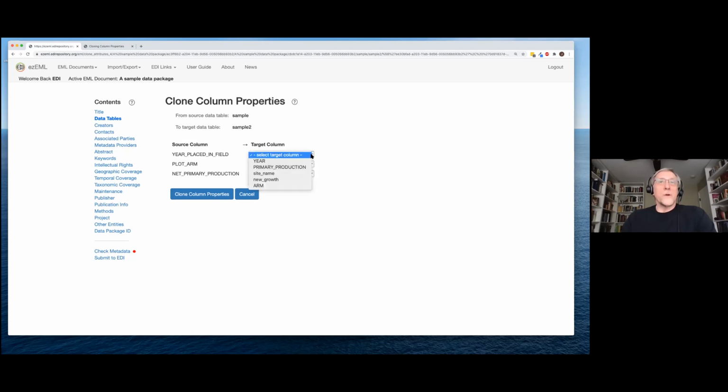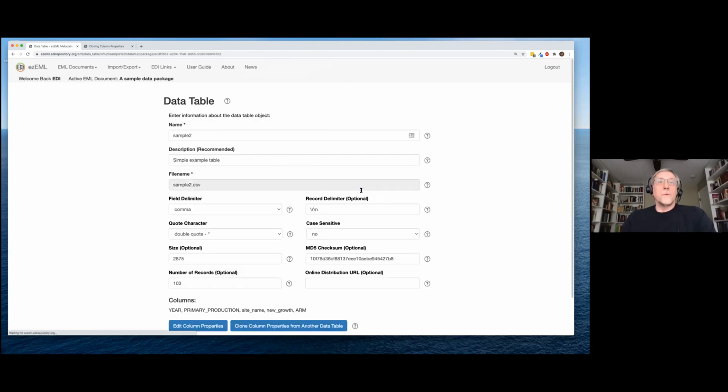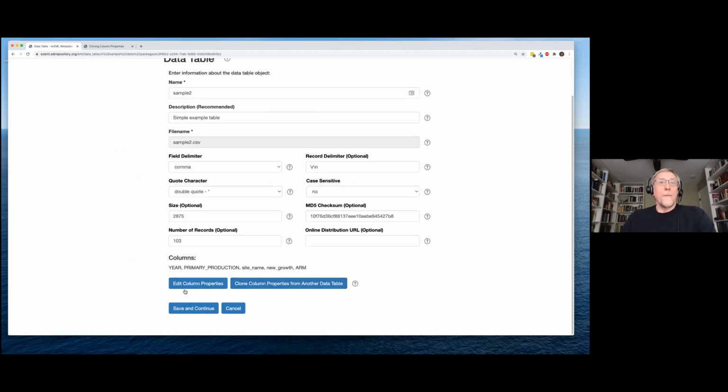Which ones do they correspond to in my current table? Well, year placed in field corresponds to year. Plot arm corresponds to arm. Net primary production corresponds to primary production. Okay, so I've said how they match up, and now I clone them. It asks me, are you sure? Yes. All right, now if I look at the sample 2 table, and I go in and look at some